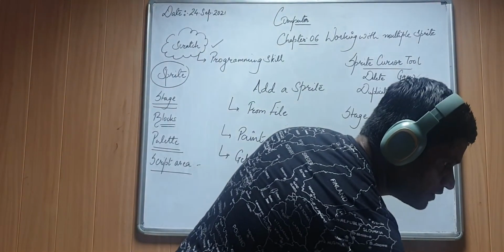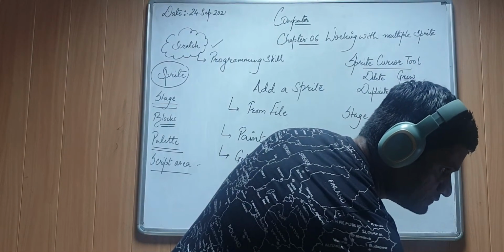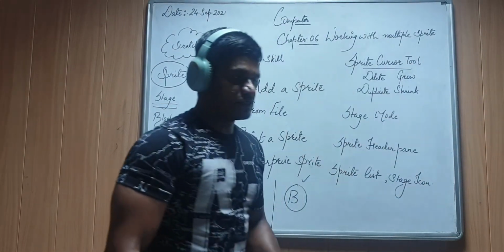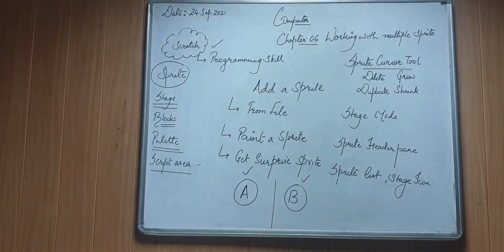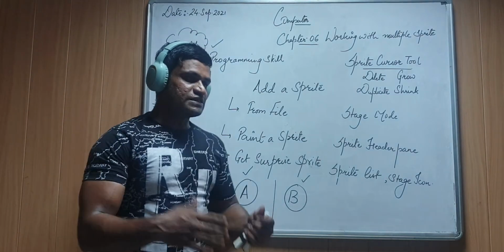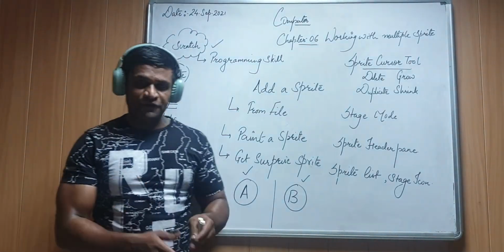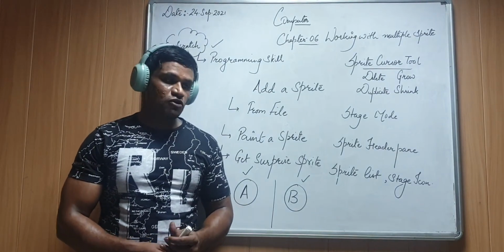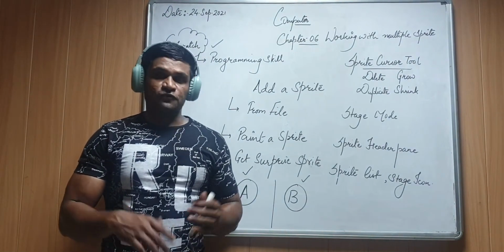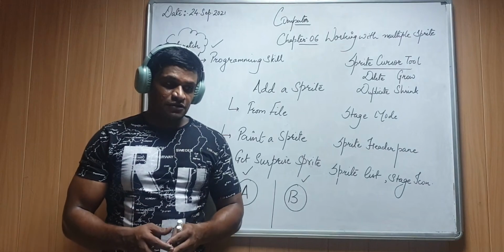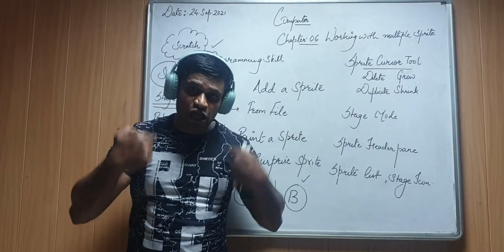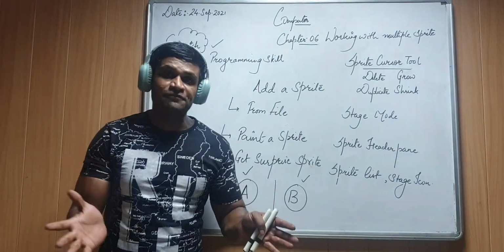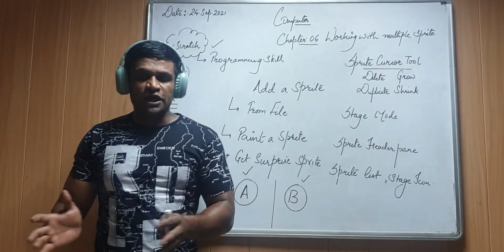After that, we have graphical effects. As I have told you, graphical effects means changing the appearance of the sprite. The sprite changes its appearance. The graphical effects are mentioned on page number 69. The first graphical effect is color. In this, the color of the sprite will change, but the sprite will not change. That's a graphical effect. Green, blue, it will change its color.